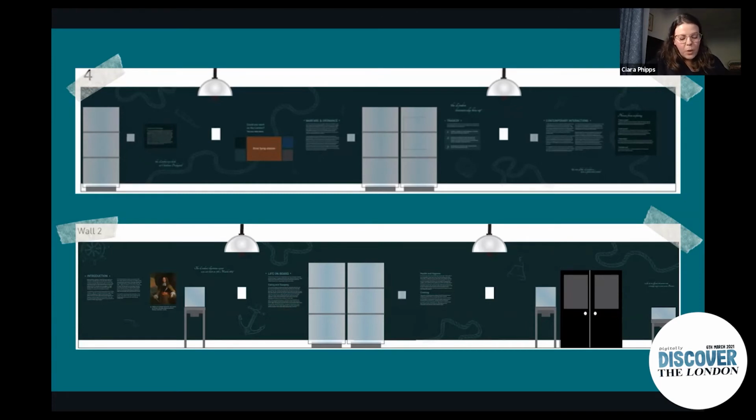So this was a really fun way to bring creativity and easily understandable visual cues into the space in what was a very information heavy exhibition. So this allowed us to break up that text. And again, with the low lighting scheme and the contrasting spotlights, this allowed the empty spaces or the dead spaces in an exhibition, as we call it,